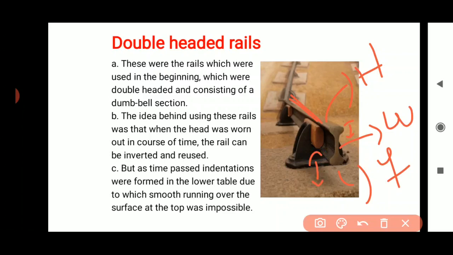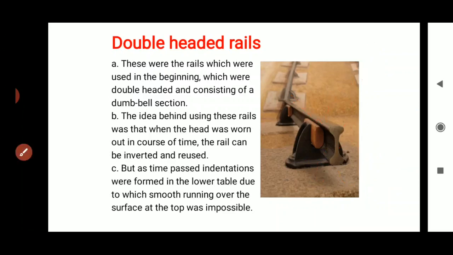That means let this rail be used now. If the head of this rail section wears out in course of time,